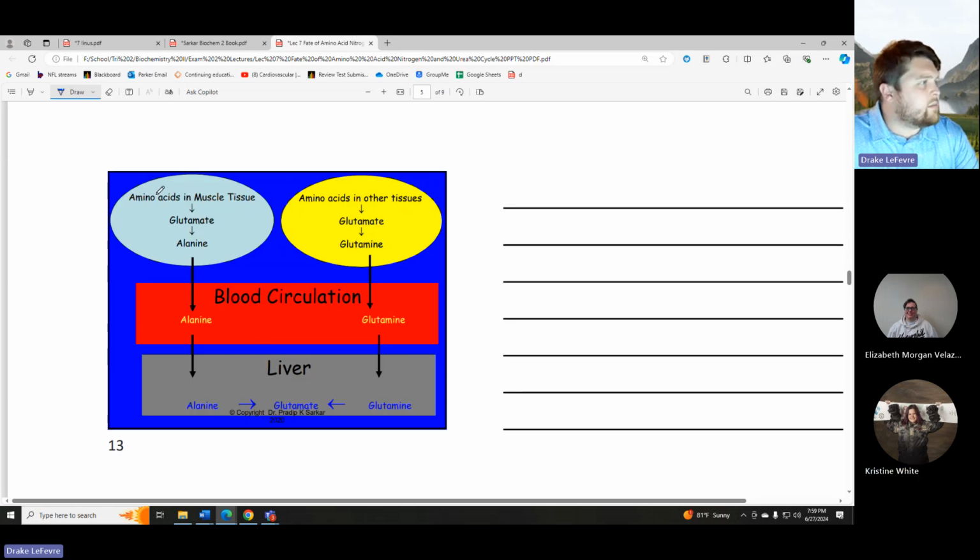So the amino acids in the muscle tissue, we have glutamate. Glutamate is going to pass that nitrogen to an alanine. So glutamate passes it along to alanine. Then the alanine